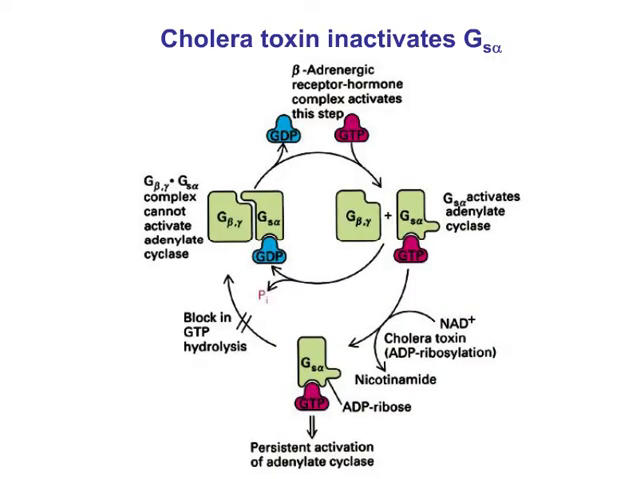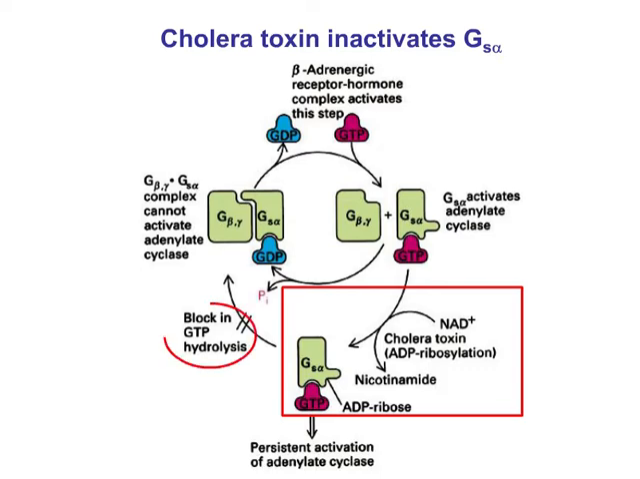Let's look at some examples that demonstrate the clinical relevance of G-protein coupled receptor signaling. Cholera is caused by Vibrio cholerae colonizing the intestinal tract and secreting a toxin known as cholera toxin. Cholera toxin acts as an enzyme which ADP ribosylates the G-alpha S subunit. The ADP ribosylation inactivates the GTPase activity of the alpha S subunit. This means that the alpha S subunit remains locked in the GTP bound form, leading to a persistent